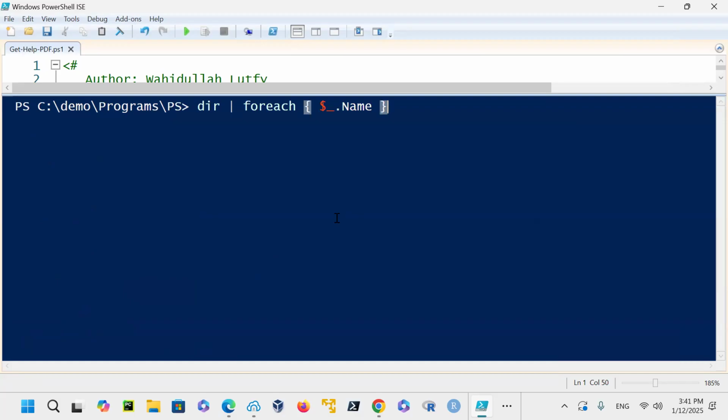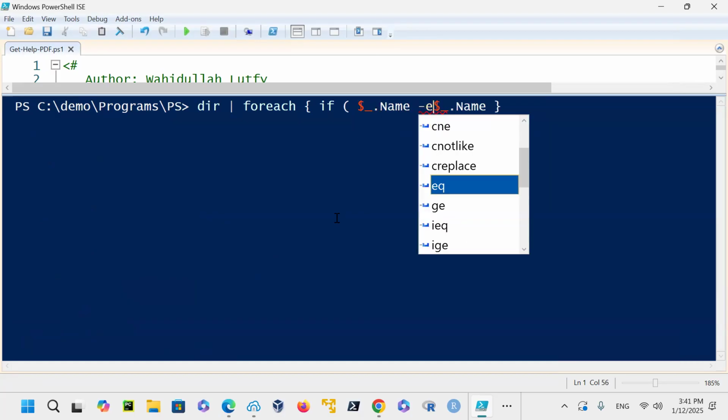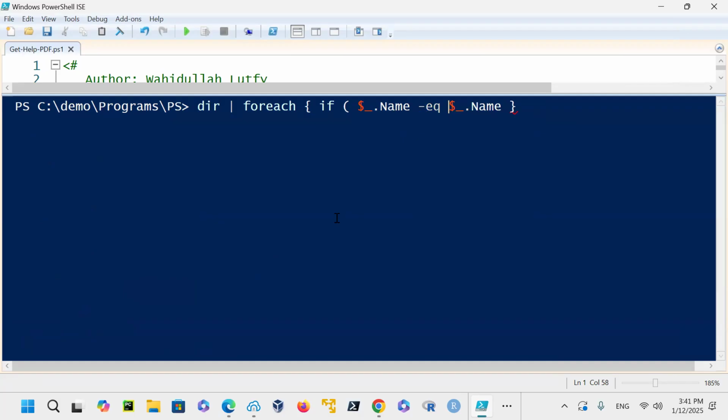I go to my interactive script here. I say right here, I have to say if and then a condition, and say $_.name -eq. This is equality. And then I say test.txt is the name. Then what you want to do with it, and then I say cat, Get-Content. Cat is an alias for Get-Content. So then I say cat that file, and then